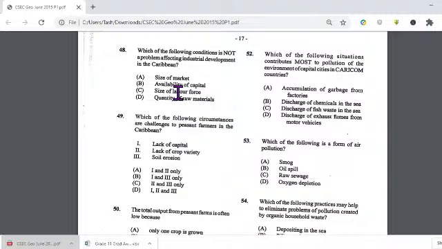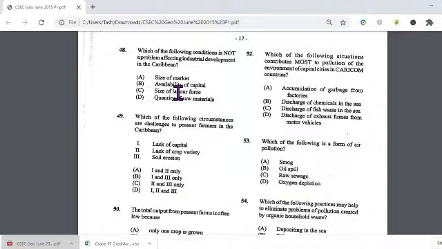So once you have traffic, it means that the vehicles are at a standstill and they are going to be releasing these fumes. In the capital cities, also, the buildings are close together. Some of the buildings are high rise buildings, so they're also higher. As a result of that, you would have all of this exhaust fume just trapped in the city areas. So air pollution would have been high. So for 52, it would have been letter D for our answer, which is discharge of exhaust fumes from motor